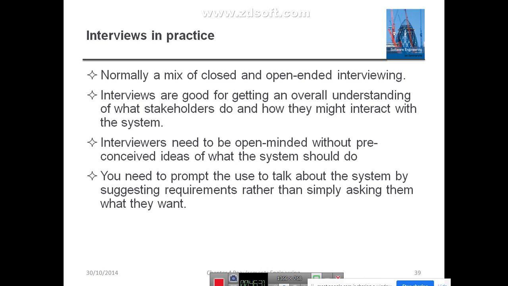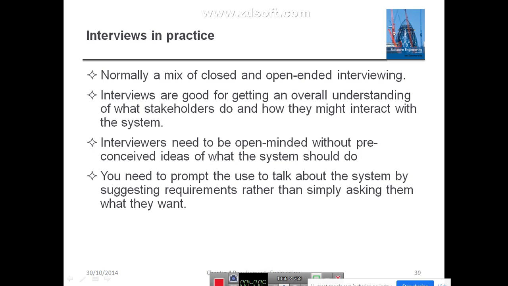Now as a technical staff, you should not ask the customer what exactly they want. Instead of that, you need to give a suggestion so that this can be added within that particular system, right? Then it will be helpful for you. Such type of suggestion needs to be given by the other type of stakeholders also, who are going to be a part of the requirement engineering process. Clear? These are some characteristics.